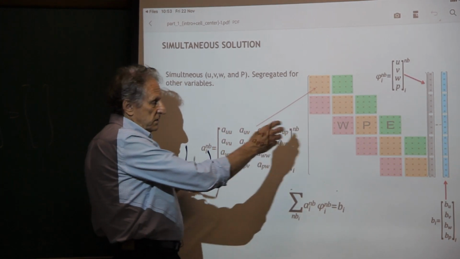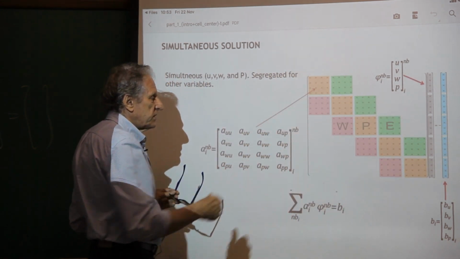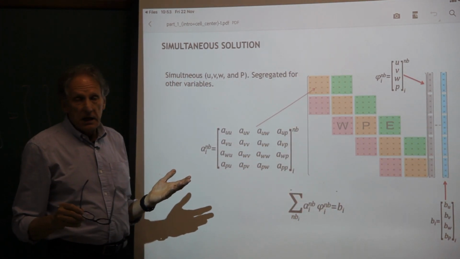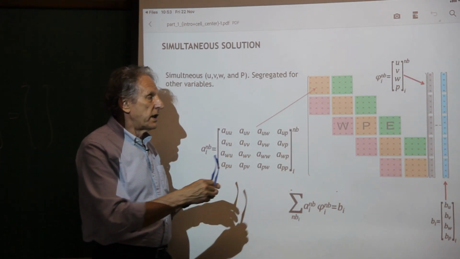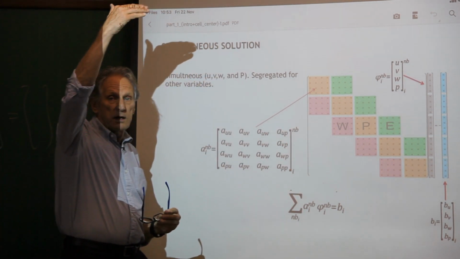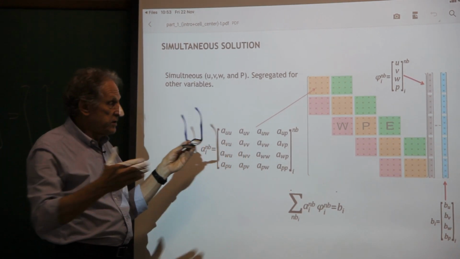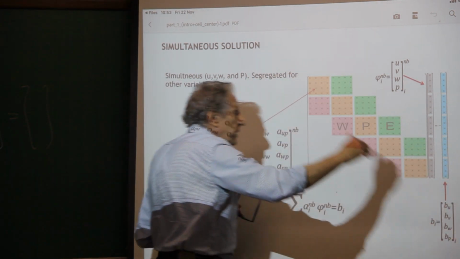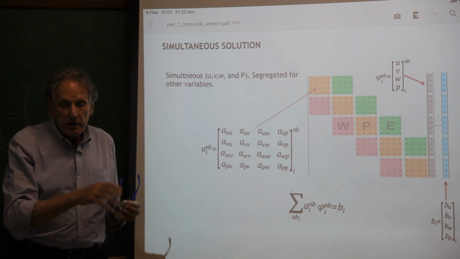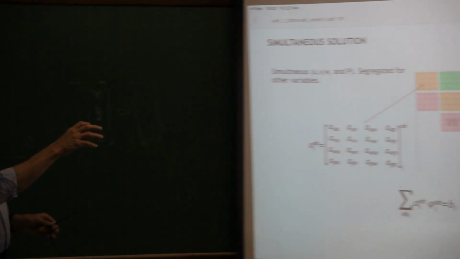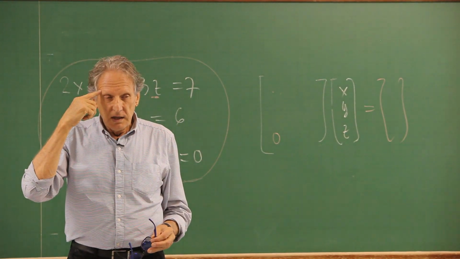And of course, the entries in this matrix are something like that. If I have a 2D problem, this is just showing a part of the matrix. I will have another diagonal there, another diagonal there. So if you go far away from this matrix, you see the entries, which is the same as